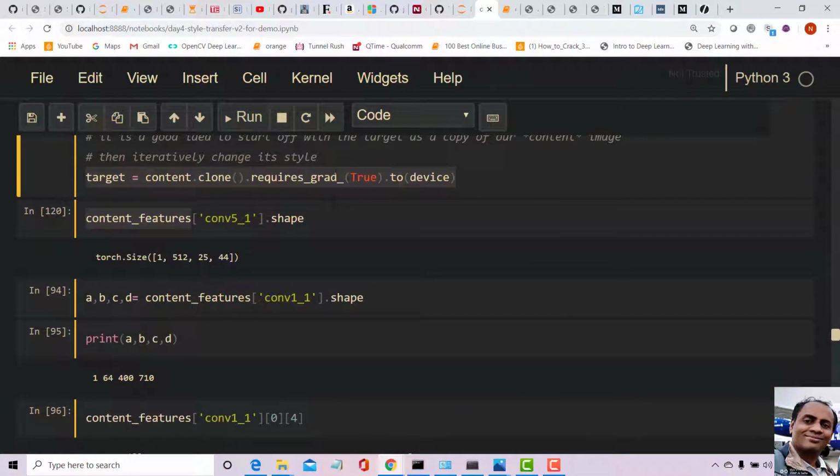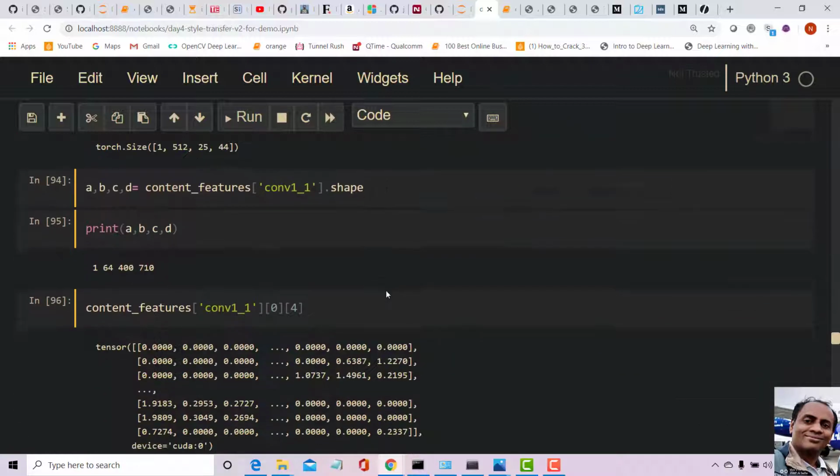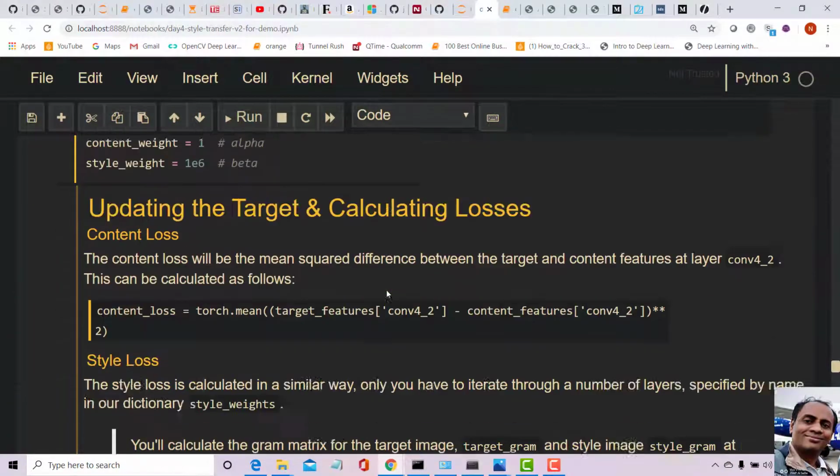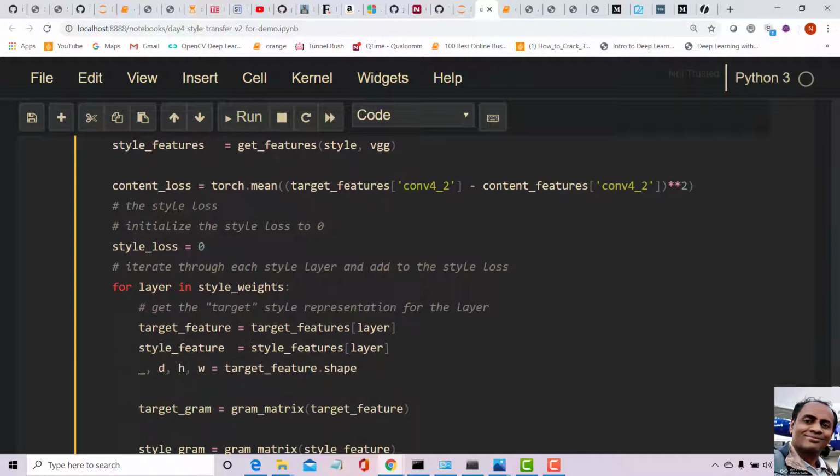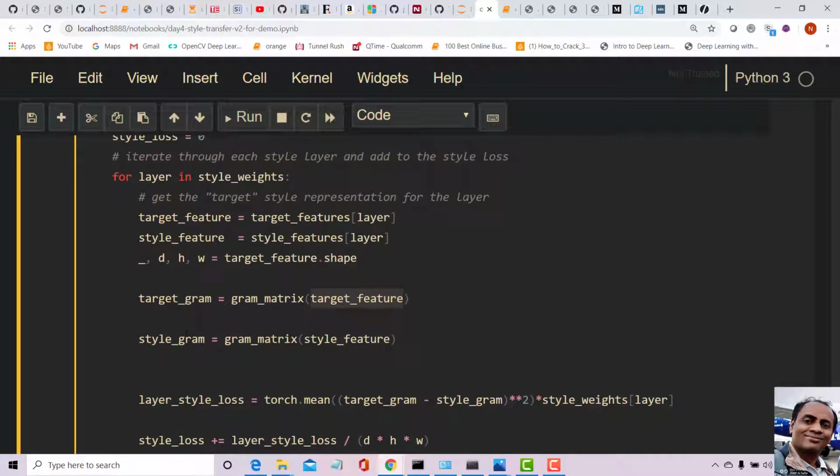How are they going to change? They're going to change such that content loss is minimized and the style loss is adjusted to that of the style image. Okay, I think that is very clear. And why do we do the gram here? Gram matrix actually calculates the correlation between the features.